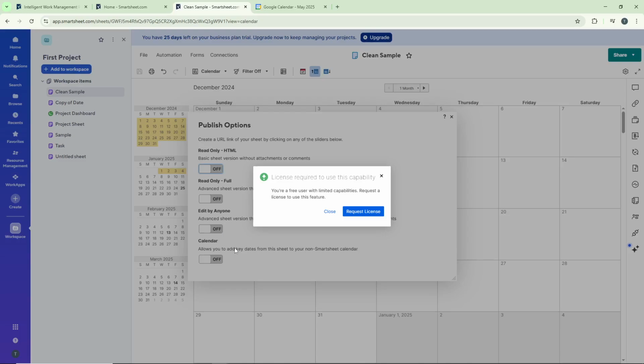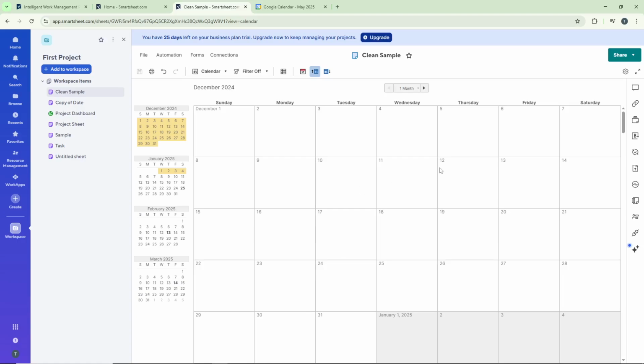Then head over to your Outlook calendar, paste the link into the calendar subscription or import section, and your Smartsheet data will now appear in Outlook as well. And that's it. You've successfully imported your Smartsheet into both Google and Outlook calendars, keeping all your important dates synchronized across